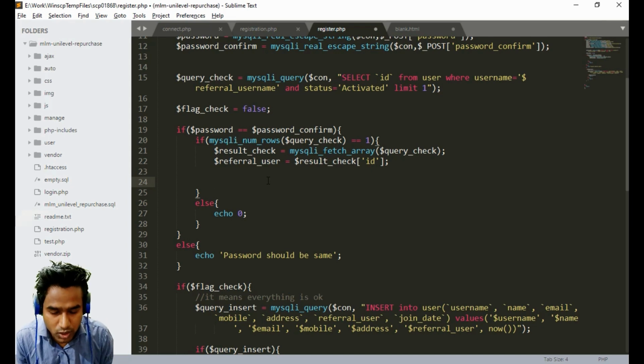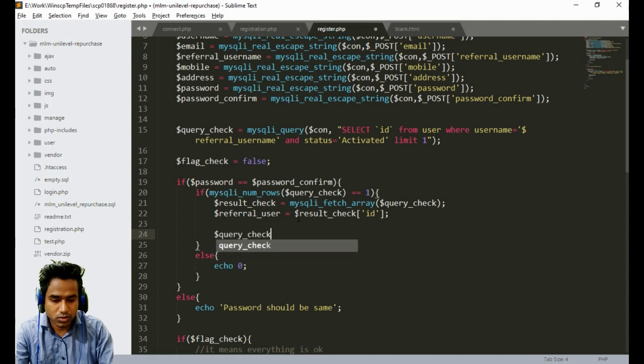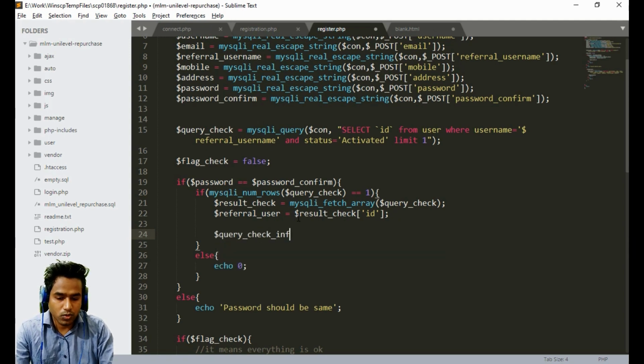For this, what we can do, we have to check email, mobile and username. Query check info, MySQLi query con, select anything.